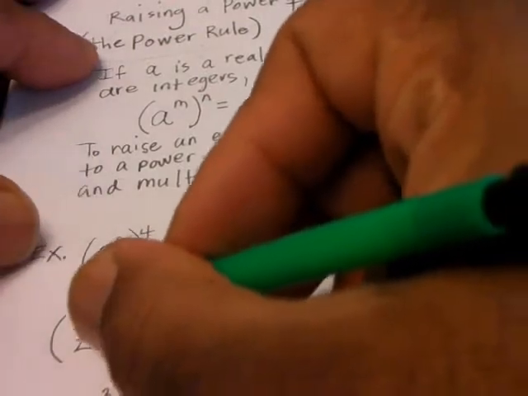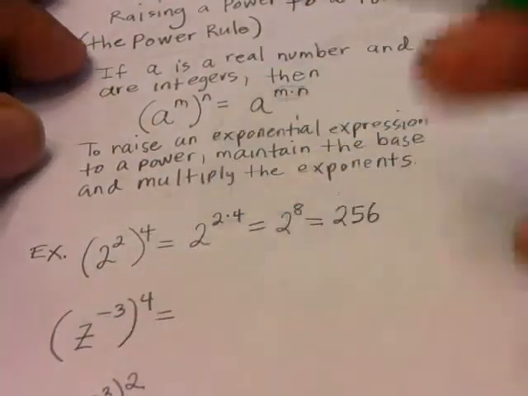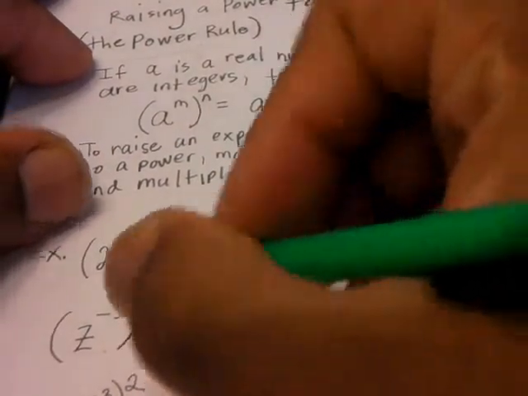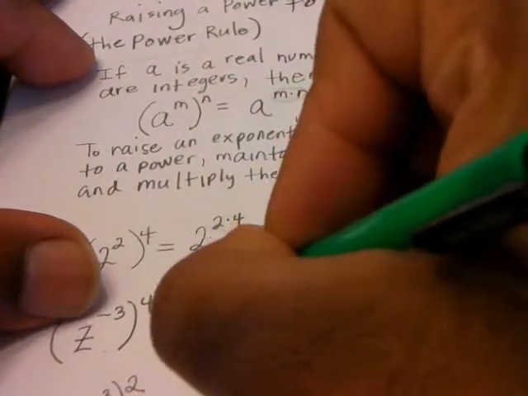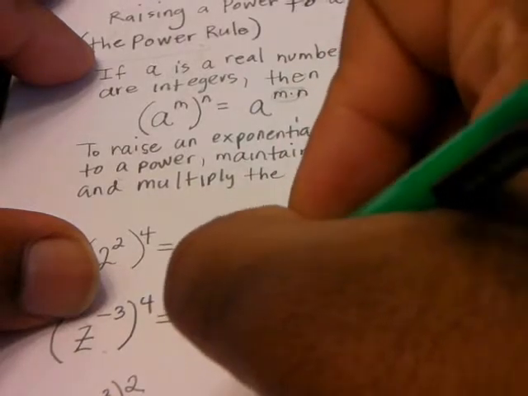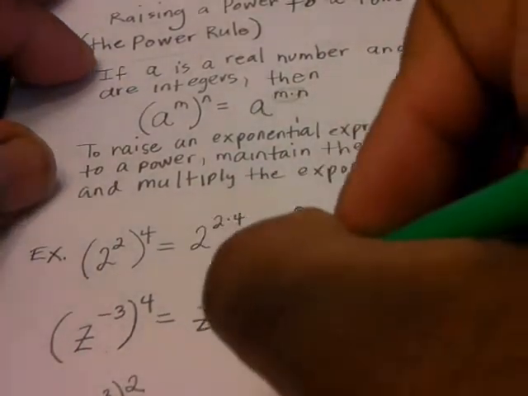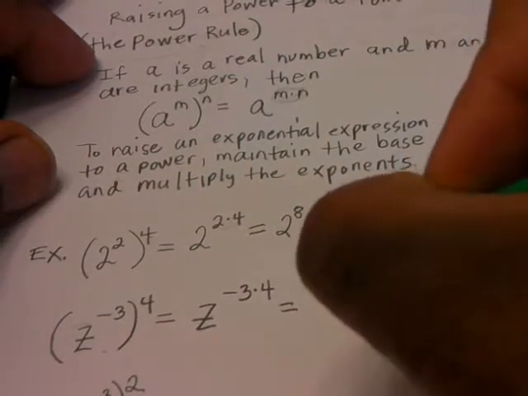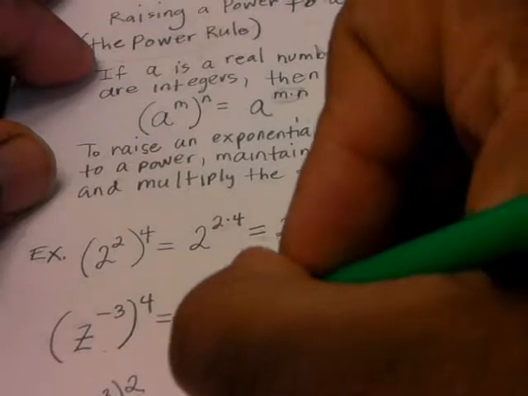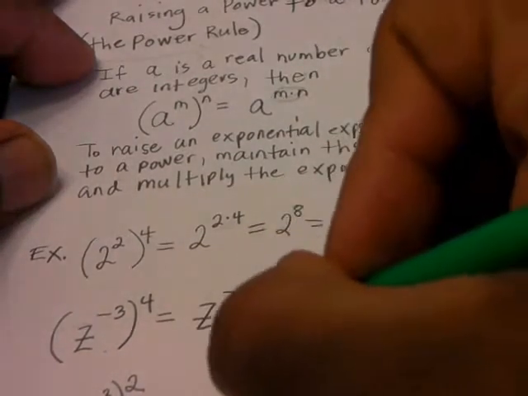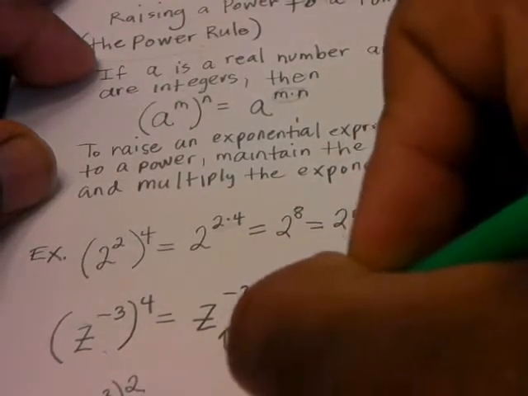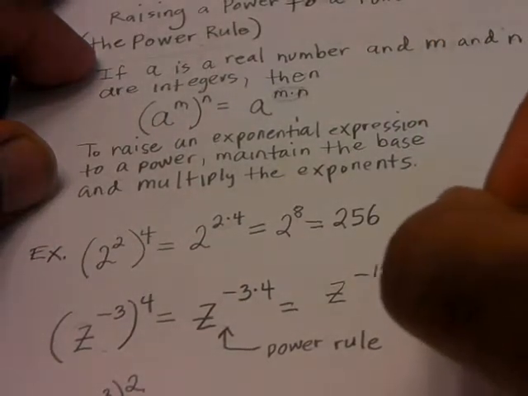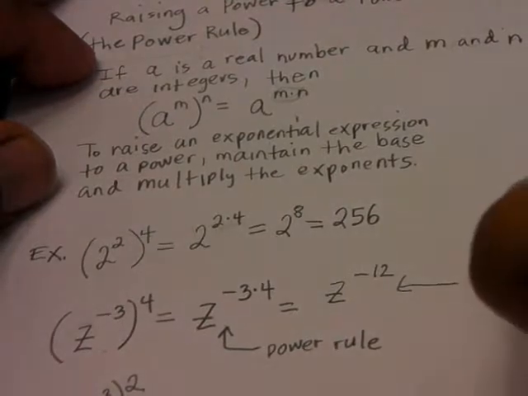We apply the formula. This is z. I like to write my z's with a slash in it to distinguish between my 2's sometimes. So we have z raised to the power of negative 3 times a positive 4. So that equals z raised to the power of negative 12. Notice here we apply the power rule. Now, to finish the problem, we're going to apply the